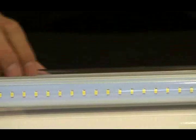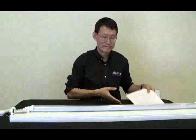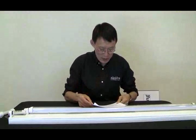So number 2, the heat sink. It has an effect on the heat sink area to dissipate the heat. Back to number 1, remember the UL label and cross-check on what's actually been certified. All right. Next up,